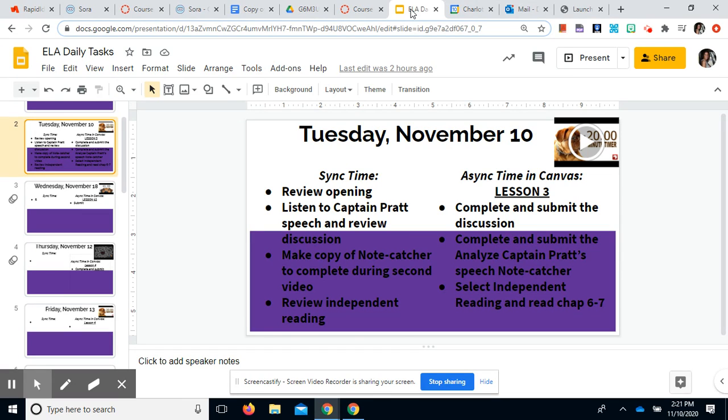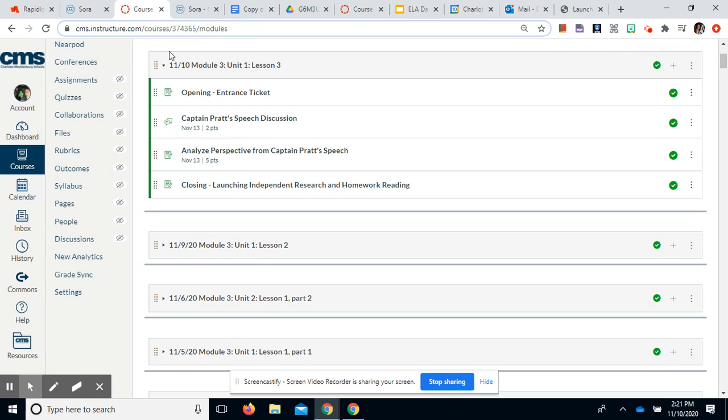So we're going to look at the opening, which is another excerpt from the afterword. And then we're going to do a close read of the Captain Pratt speech with a note catcher. And then there is an independent reading assignment and some chapters. So let's get to it. The entrance ticket